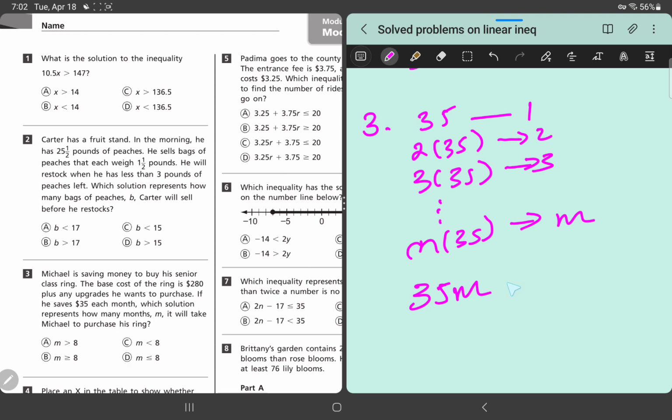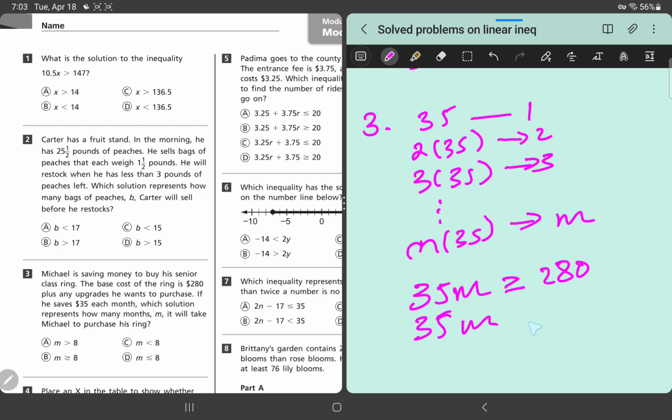This has to be greater than or equal to 280 plus what? The amount of increase. So it has to be greater than or equal to 225, but this 35 times